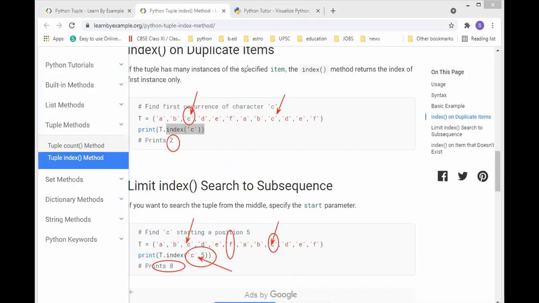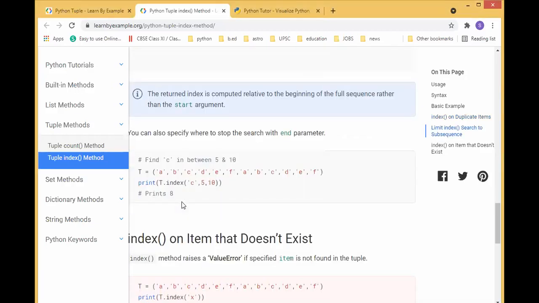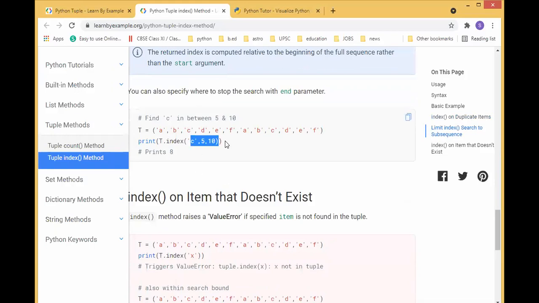So in the first example, we didn't give any location where to start or stop, so it checks the entire tuple. In the second example, we gave the starting position to search, so it starts the search from the 5th position. In the third example, we can give the start value and the stop value, like index of C comma 5 comma 10.